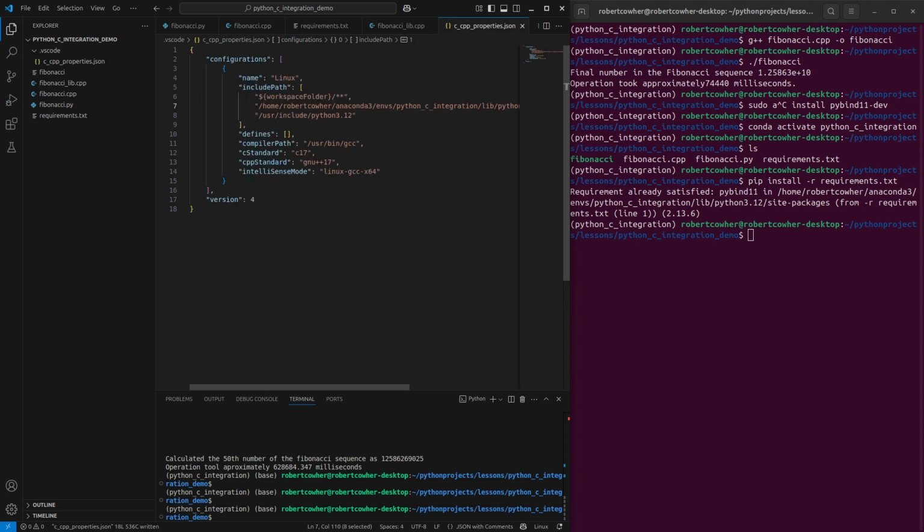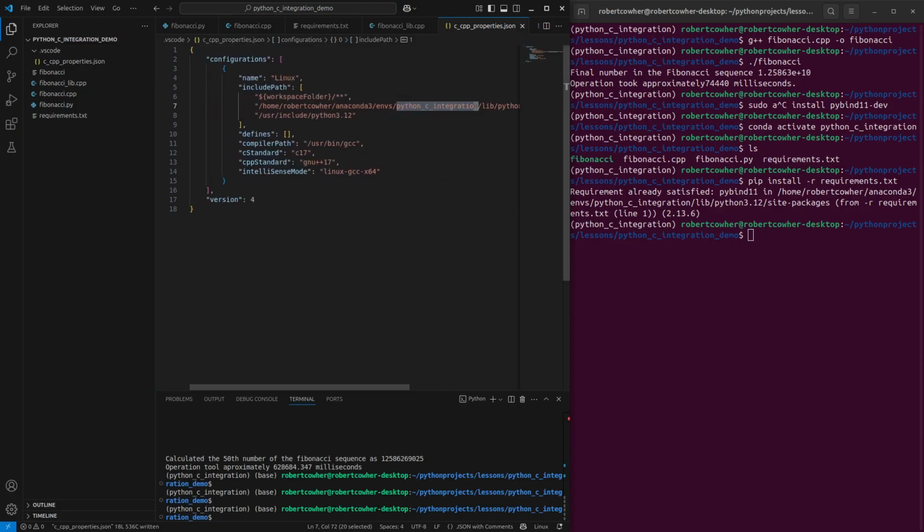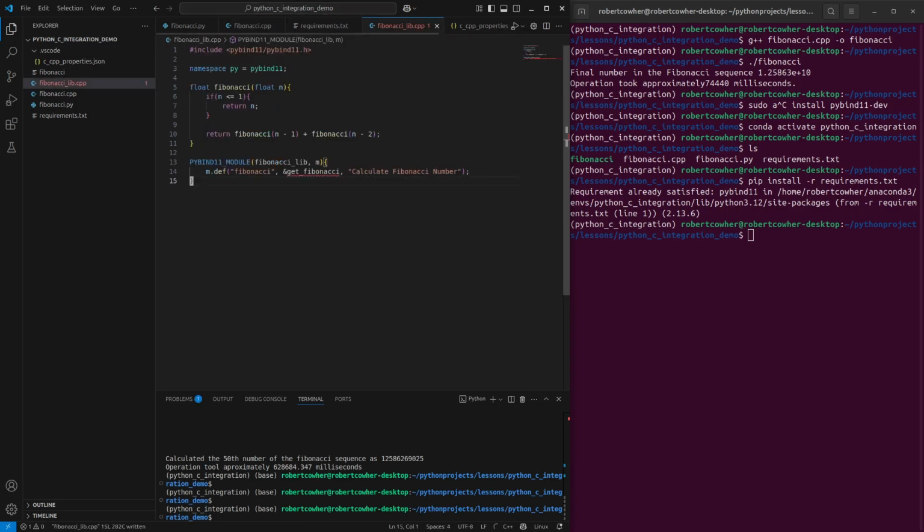So obviously, this is hard-coded to my home directory. You probably don't want to do that. It's also hard-coded to my library path. So there's probably a cleaner way to do this. And I would recommend tweaking it for your setup. But this should get us over here to a point where,